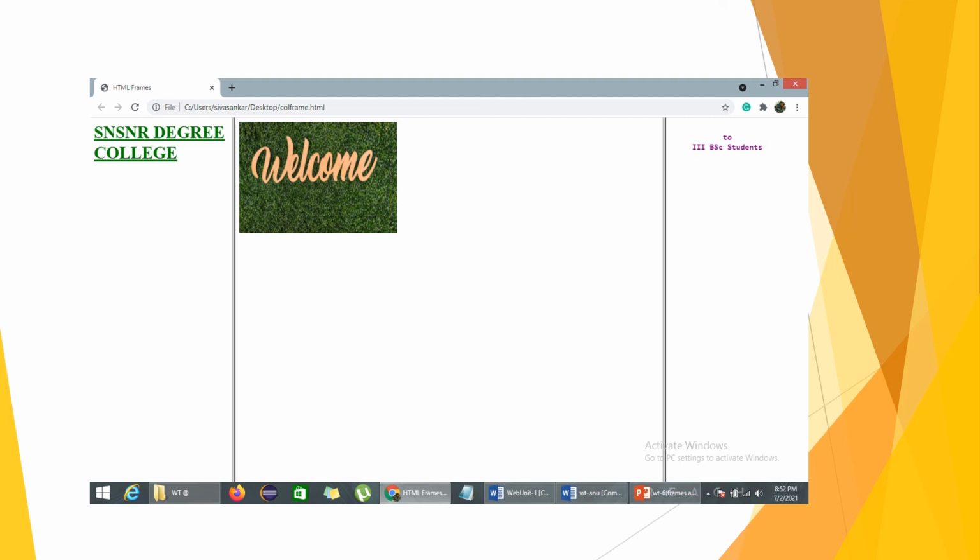Otherwise, if you want to display our frames or sections or parts in the browser window vertically, then we will use the columns attribute in the frameset tag. This is about frames in HTML.